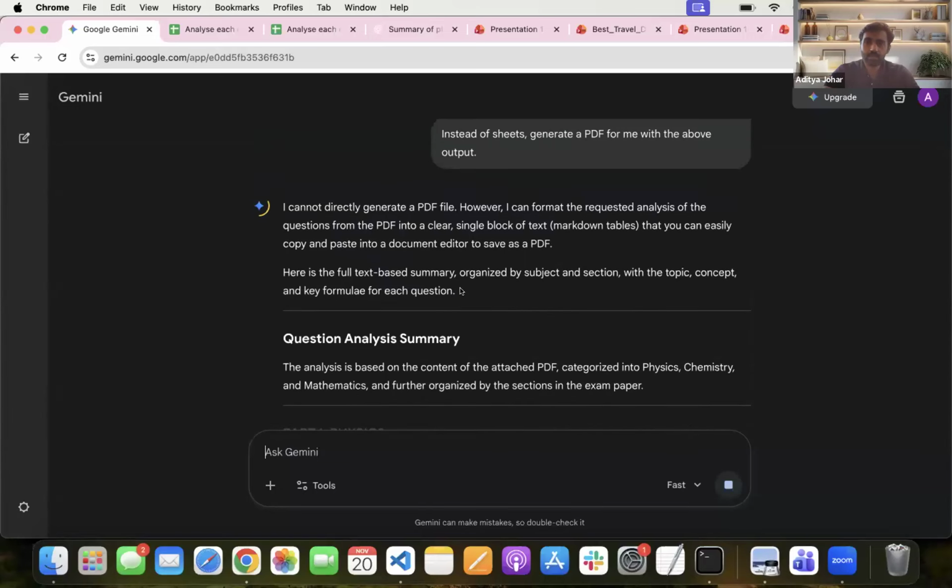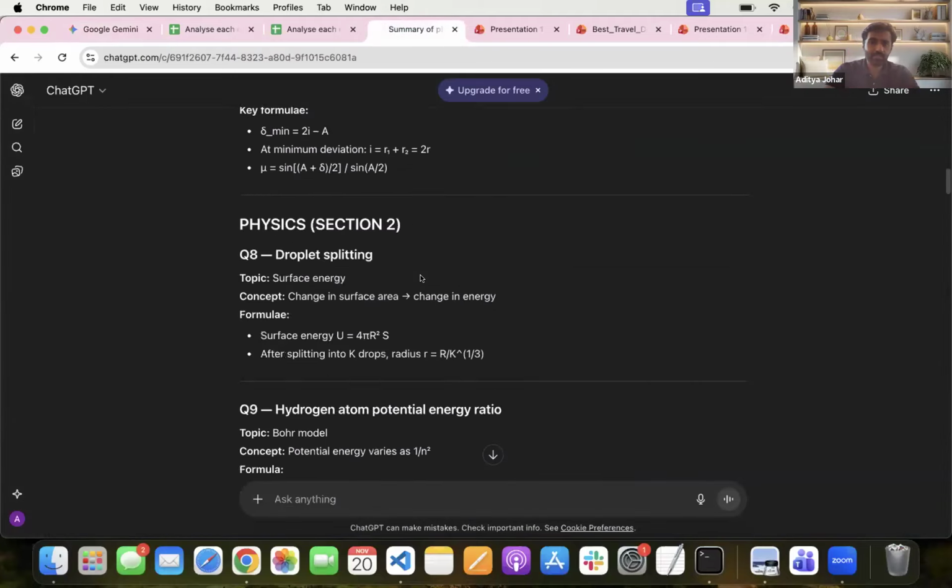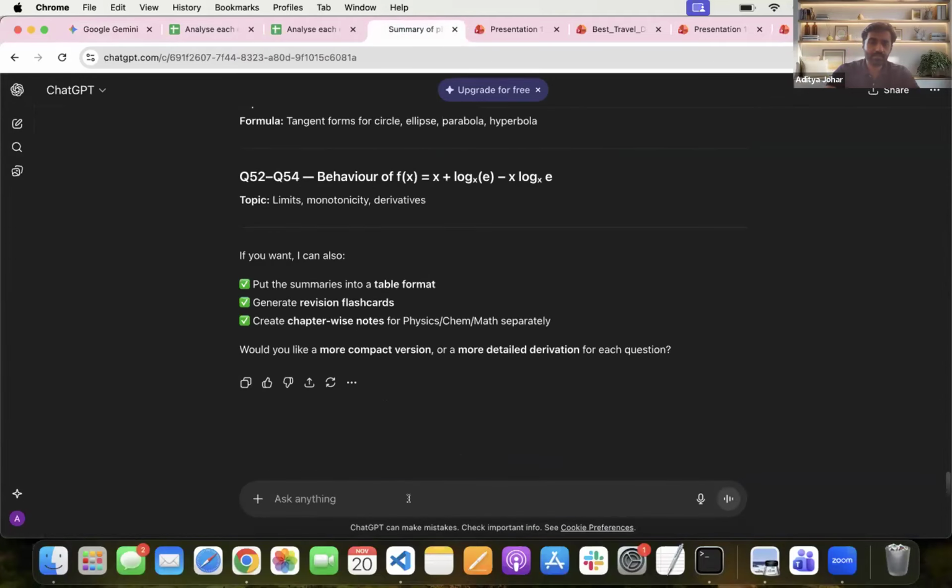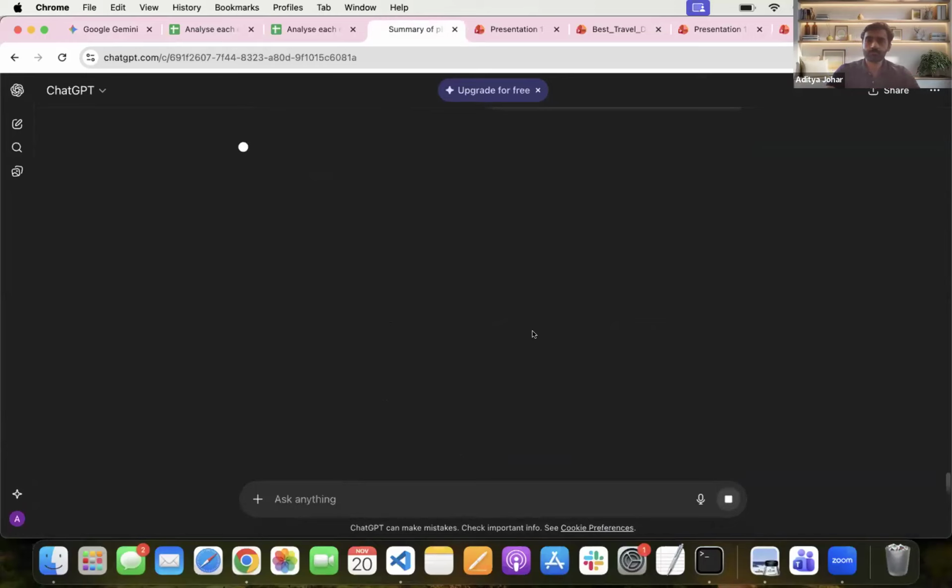So plus minus here and there. I asked it for a PDF. It didn't do that. Let me see if ChatGPT will do that. Generate a PDF based on the above output for me. So surely it can